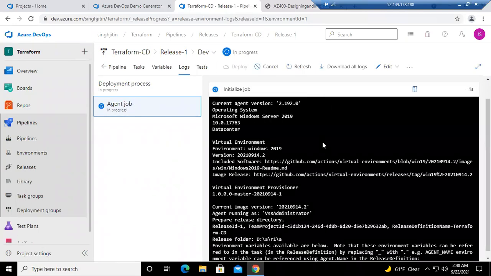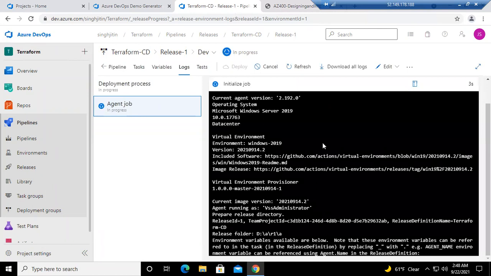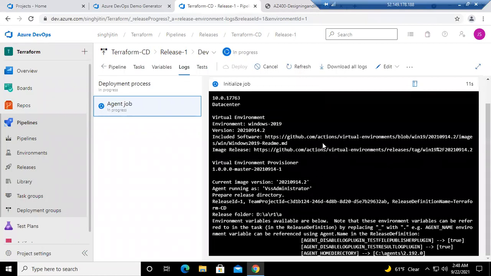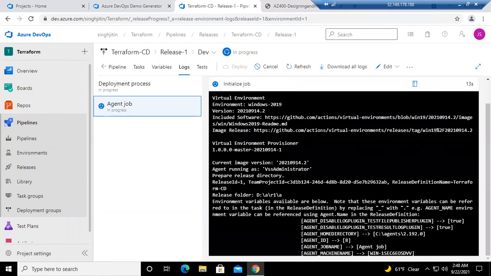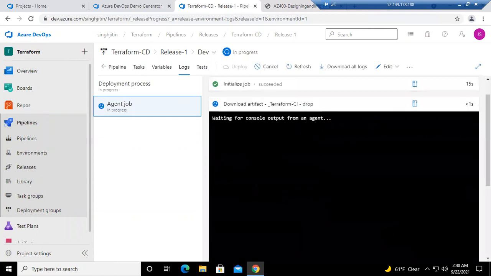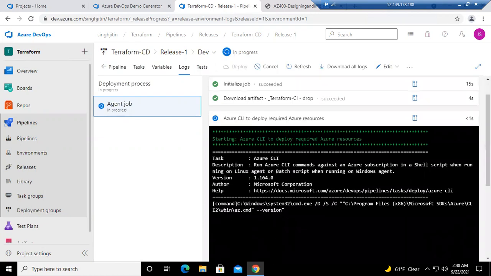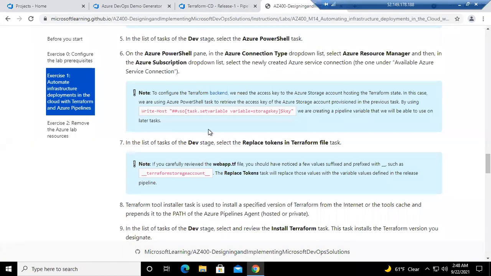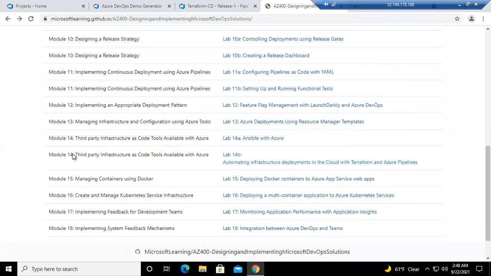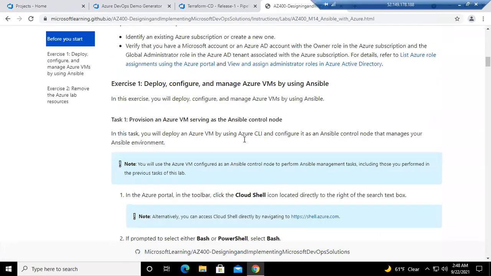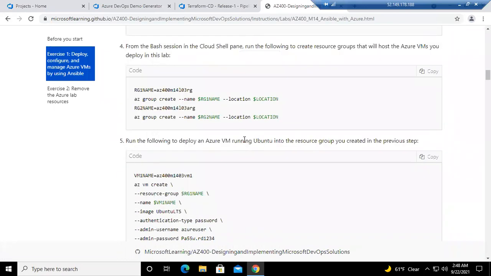It will help you creating your web application with the help of this release within your Azure, as we have already authenticated and authorized using the subscription as well. You can use the Ansible as well. That lab is also available, guys, if you like to use the Ansible. And that is up to you guys. If you want to run the pipeline using the Azure based agent, the Ansible also gives you that particular leverage, or you can use your VMs as well. You can try lab number 13, which is related to the lab number 14 itself, which is associated with the Ansible.